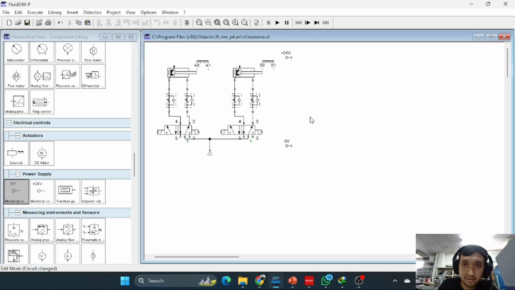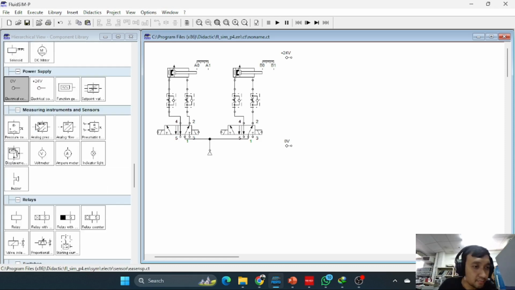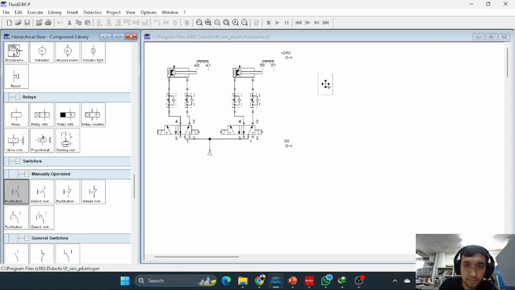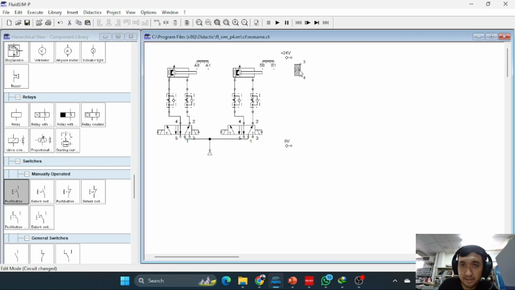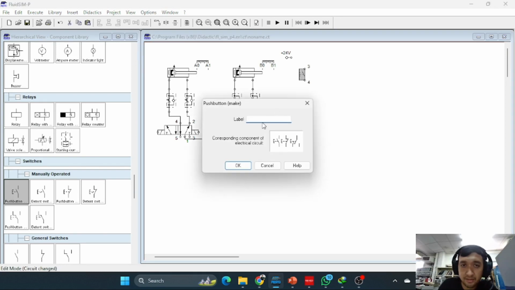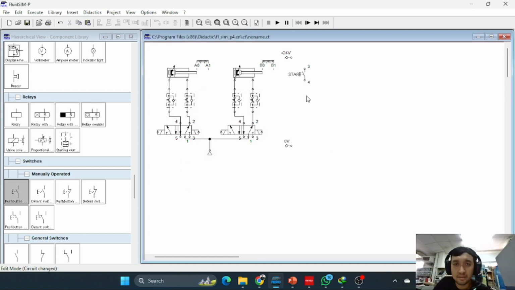We need to put push button. We can put push button here. This is the start button. We can write start. Start is here. After that we need put a